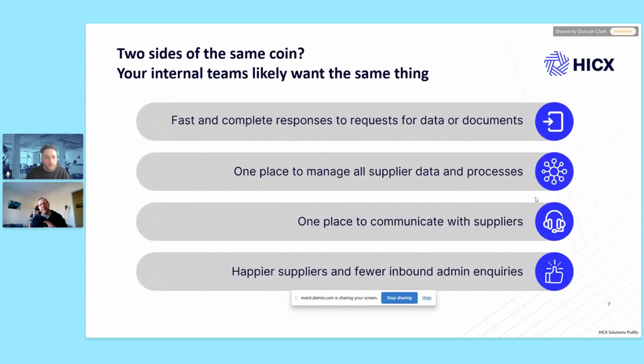And then if we look at it from the other side of the table, it's almost two sides of the same coin. Your internal teams likely want the same thing. So if we were to summarize these, it's one place to go to communicate with suppliers and send the right information only to the relevant suppliers who need that information. We want happier suppliers that aren't calling and asking about POs, invoices, payment statuses, etc., because of course,